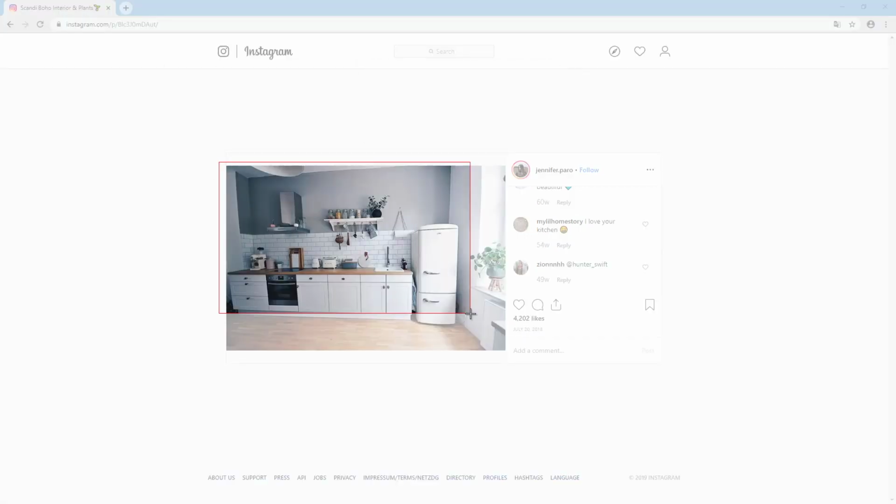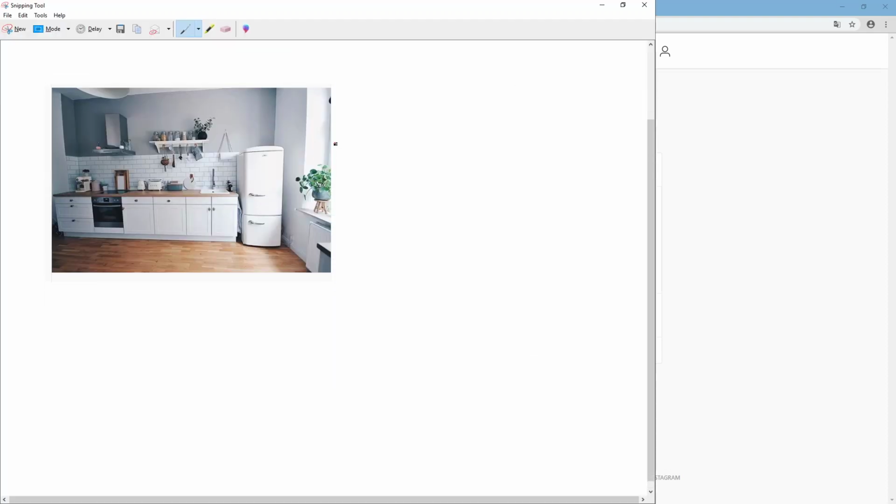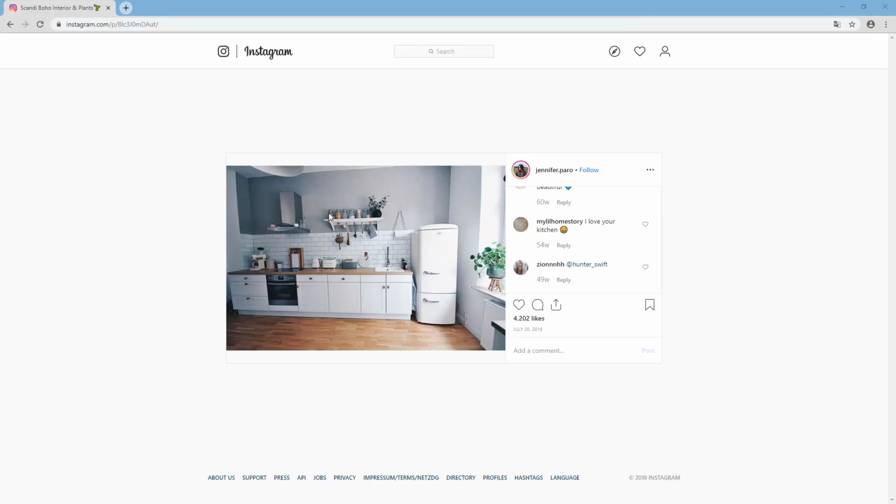Here we have an Instagram post and the photo is tiny. If we just screen grabbed this, this would be tiny. You don't want to work with a tiny picture like that. Anyways, to get a bigger version of this picture, you can simply